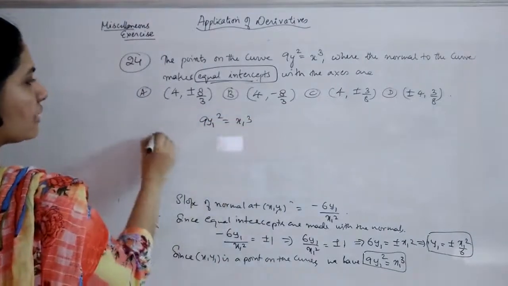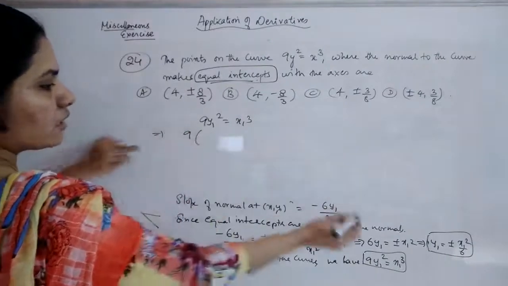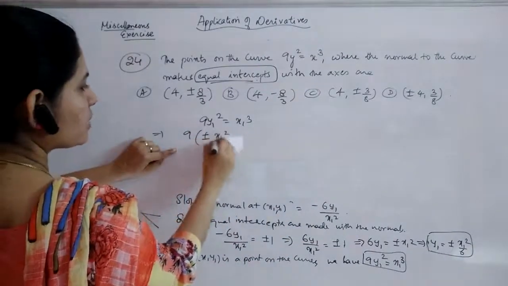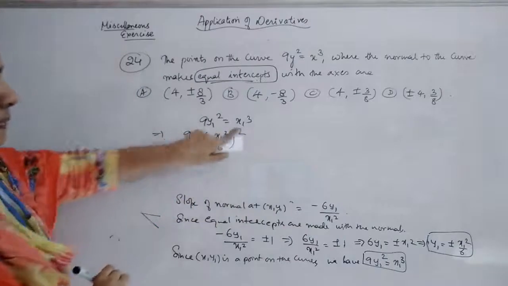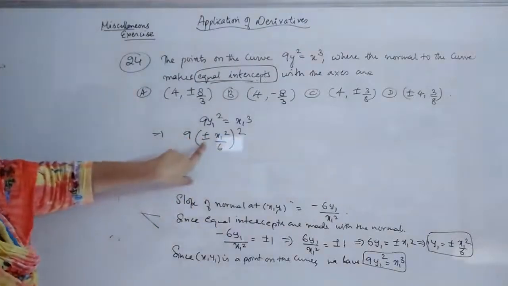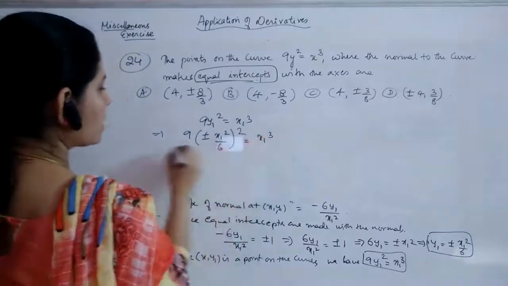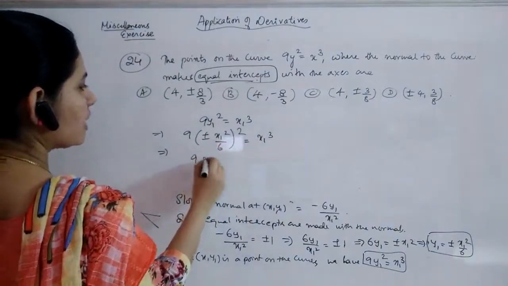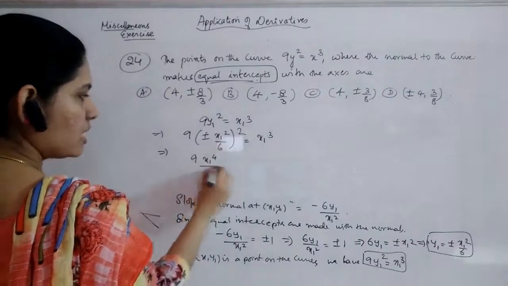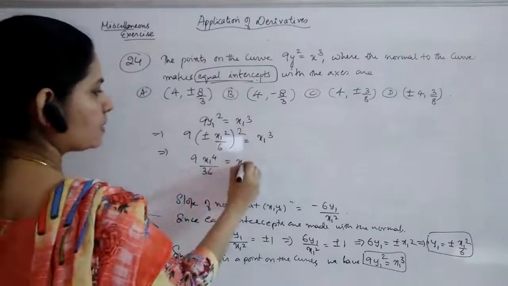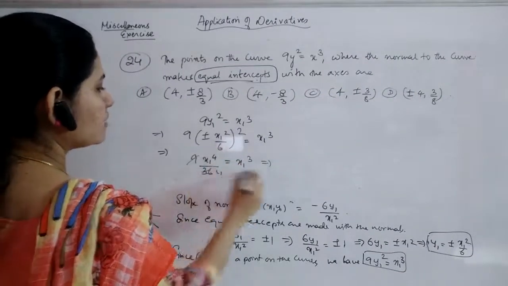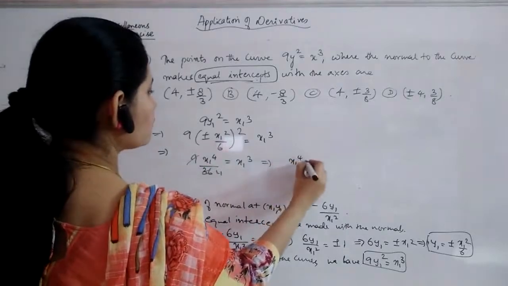The equation is 9y1 square is equal to x1 cube. Replace the value of y1: 9 into, what is y1? Plus or minus x1 square by 6, the whole square. Now when taken the whole square, even if it is plus or minus, you will get the positive thing only, okay, is equal to x1 cube. So this is 9x1 raised to 4 divided by 36 equal to x1 cube. So that you will get x1 raised to 4 is equal to